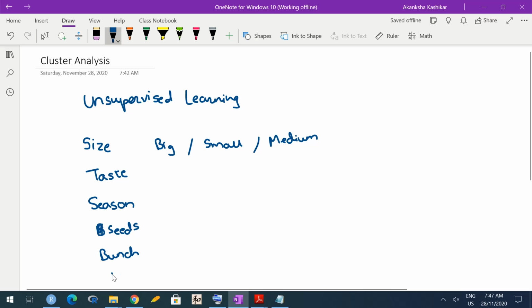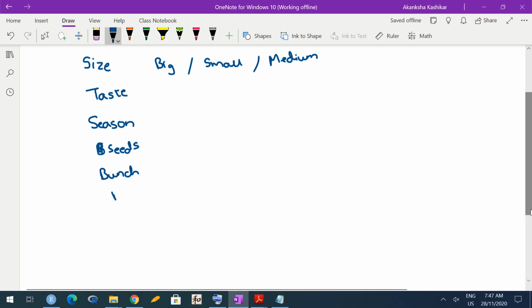Then some people might say that okay, we can decide on the basis of how they are eaten, whether they are peeled before they are eaten or not. So with peel or without peel. Some more practical people might say okay, let us group by price. So see, even without thinking much, we could come up with at least 7 criteria by which I can group